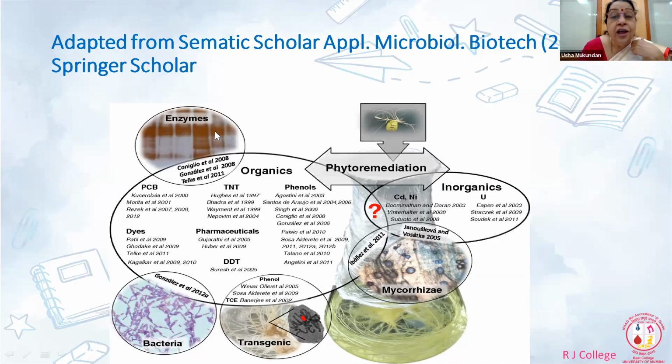This is to show your localization of enzyme. This year you will be doing peroxidase. So when you use guaiacol, you get a brown color. Wherever peroxidase is seen in the electrophoresis, there will be a brown band indicating the presence of peroxidases. So the roots are capable of rhizoremediation of a large number of substrates. And as I mentioned earlier, peroxidases are enzymes which are capable of utilizing phenols as a substrate.